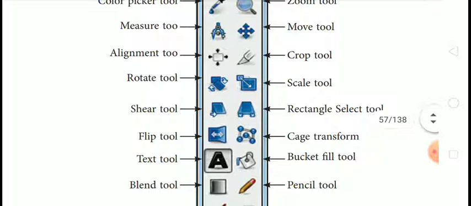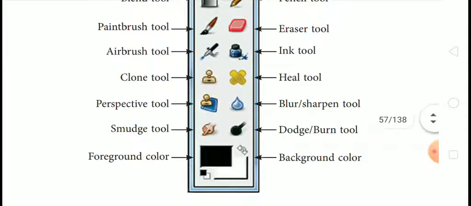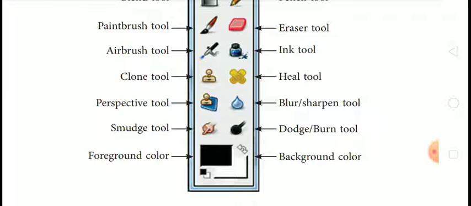alignment tool, crop tool, rotate tool, scale tool, shear tool, flip tool, cage transform tool, text tool, bucket fill tool, blend tool, pencil tool, paintbrush tool, eraser tool, airbrush tool, ink tool,